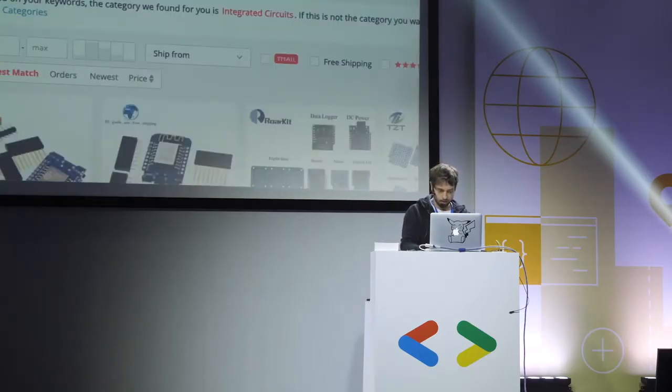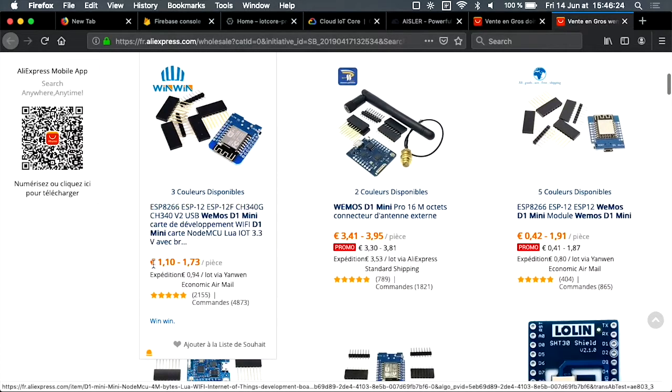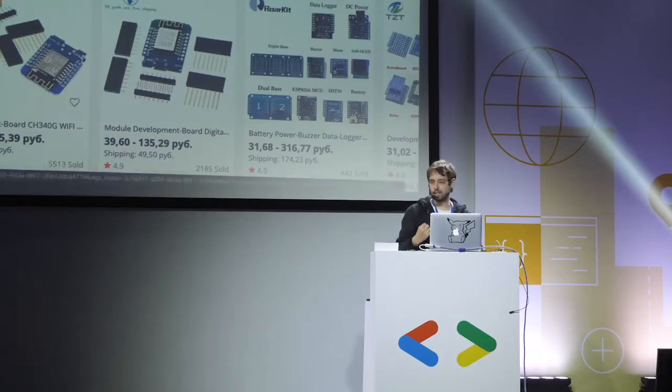If you want to buy one, you can just search on the internet. And actually, you can see it's pretty affordable. For less than 50 rubles, you can have one. It should be between 40 and 120. So it's really affordable, which means that everyone here can just buy one and try some code just to have fun.